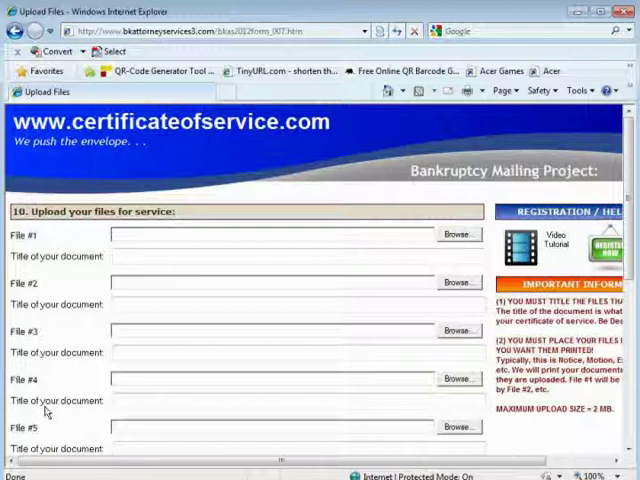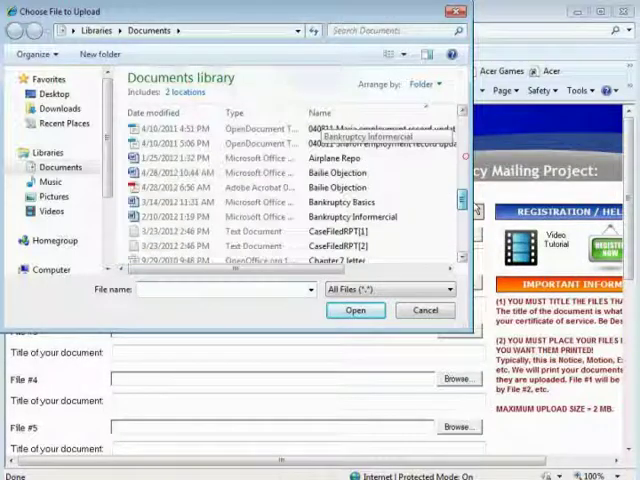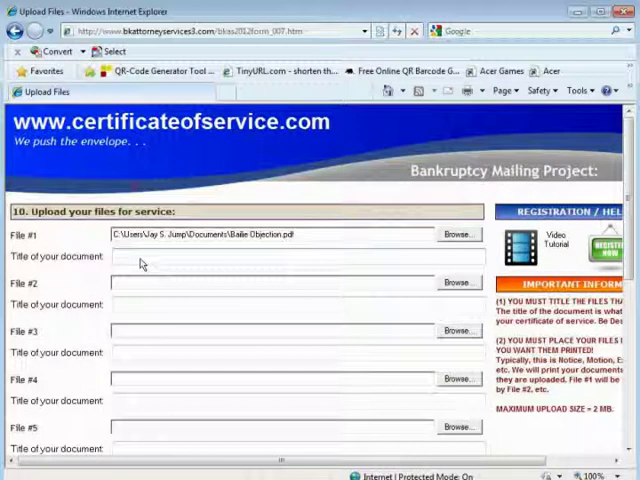And this is the actual page where you upload all of your documents. So we'll start right here. You can upload your first file by just simply clicking on Browse. And then you'll scroll to where you find the file that you want to send in. So here's an objection that I filed for a case of mine called Bailey Objection. I'll just grab that. And we'll call it Bailey Objection to Claim of Mortgage